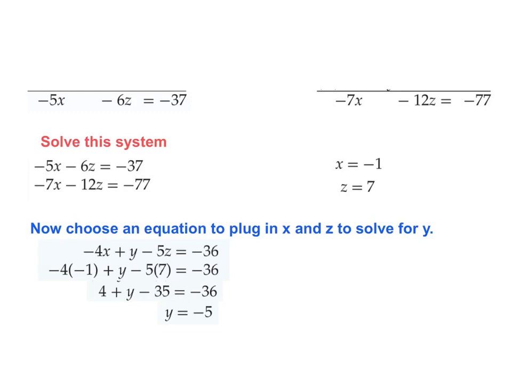Okay, now, last step. Just like any system, my solution is a point. And that goes back to why I showed you that 3-dimensional grid to begin with. So when you write your point, it's going to have 3 coordinates, an x, a y, and a z. Okay, and so the way I write it is like this. -1, always follow alphabetical order. -1 is x, y is -5, z is 7. So if I wanted to think about it, and I'll go back to it. I don't think there's any more. Let's go back to it. -1,